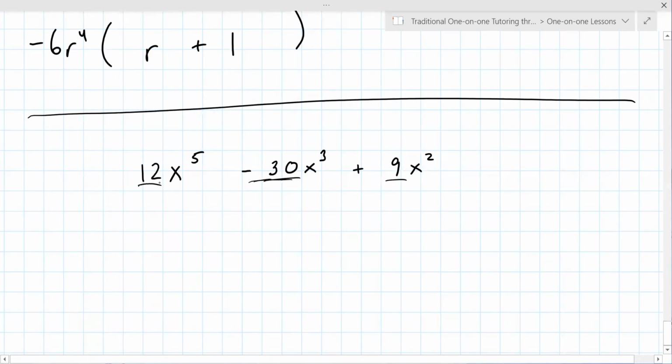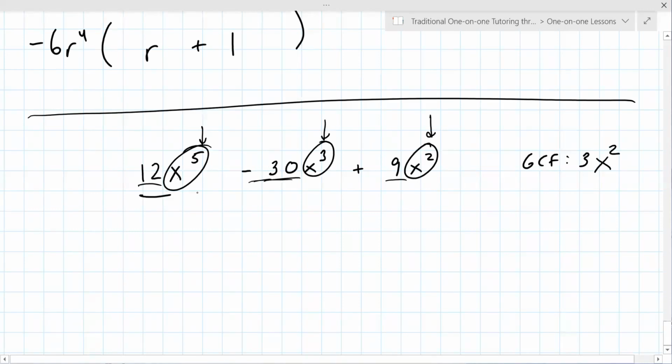So what number could go into 12, 30, and 9? Just give me a number that you think works in all 3. 3 is great. I love 3. So the GCF over here is 3. Now look at the variables. Is there an x in all 3? Yes. Which is the smallest exponent of the group? 2. So we're going to divide each of these by 3x squared, and that goes